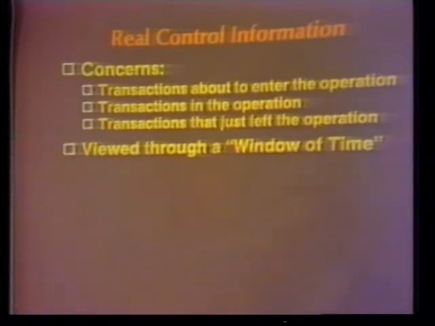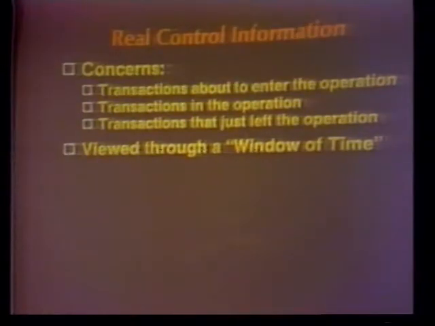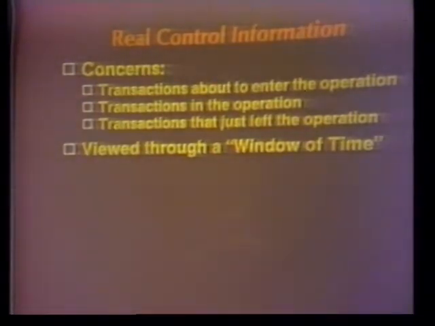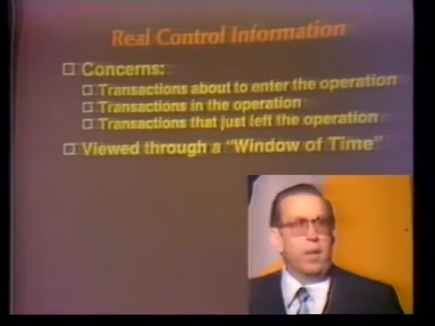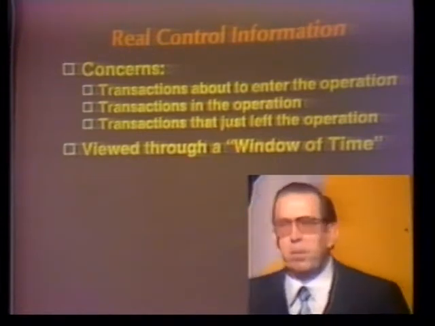But in terms of momentary control, we have this idea that the data flows through a window of time. For the stuff about to happen, we have to worry about that, so that's part of our view of the data. While it's happening is an extremely important view of the data, because that's what we can use to control events and keep things really moving. And then as the transaction completes, an immediate history follow-up is also an important part of control. So we see this view, with the data flowing through in front of a person in this way, and after that, it becomes history.